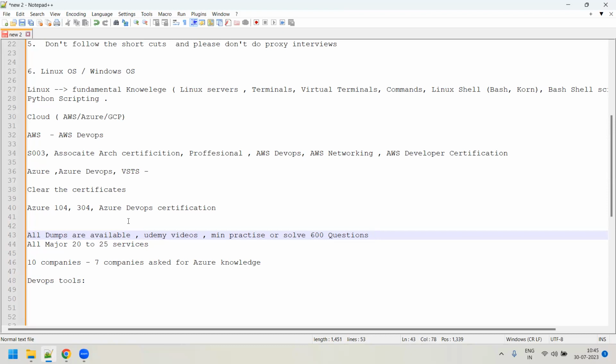Study everything in detail. All fundamental concepts should be clear. And then solve all kinds of questions. Solve a minimum of 600 questions for the certification, and then go for it, you will clear it, no doubt. And once you gain the certification, I will tell you that you will get tremendous confidence in yourself. You can tell everyone in front, yes, I know this topic. I know about this. That confidence is required from you.